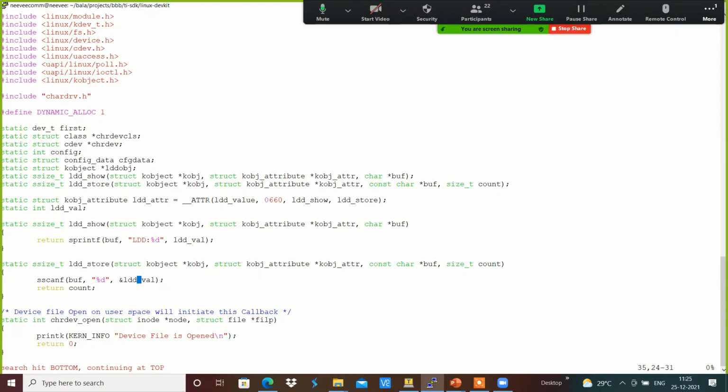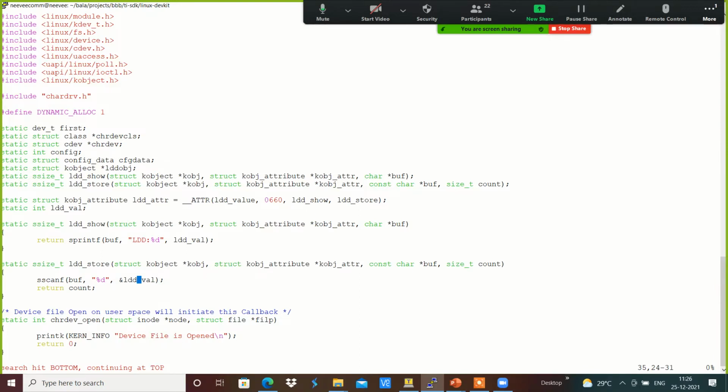For example, sys class GPIO and GPIO chip get created by the GPIO drivers, and sys class LEDs and the different LEDs get created by the GPIO LEDs driver. Like that, the sysfs information gets created and updated by the respective kernel module.